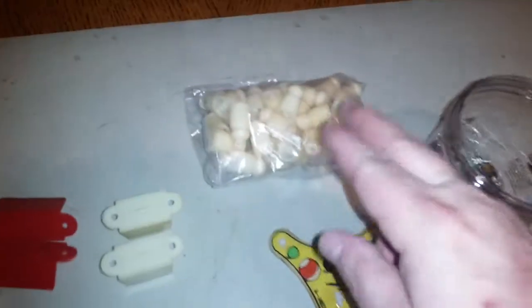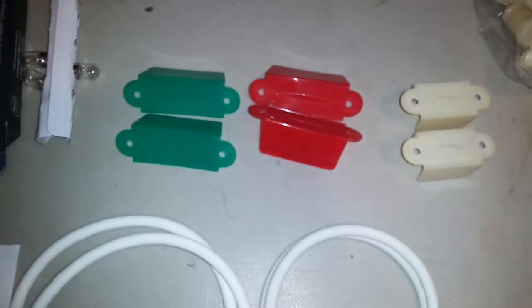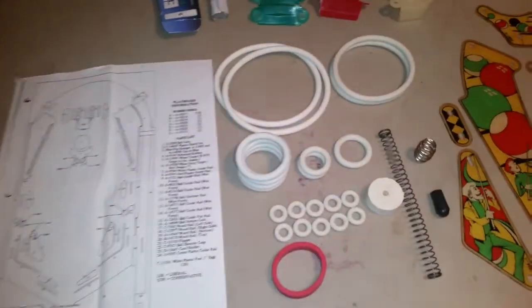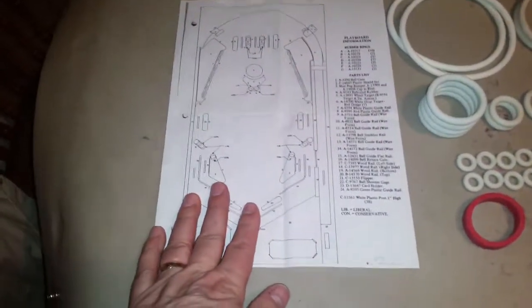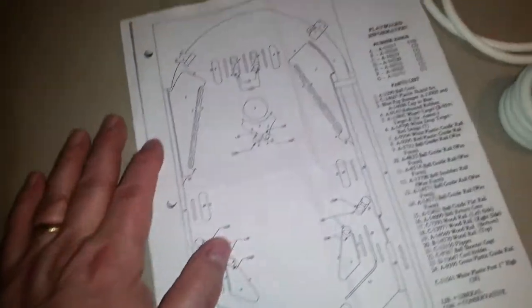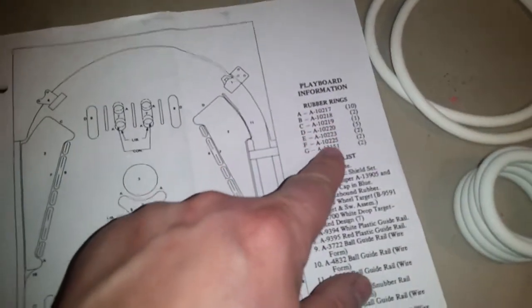Here's all the little posts. There's the bolts or screws that hold them down. Here's the bumper guards. And over here are actually the new bumpers and stuff. I've already installed one. Normally it'd be two, but you can order your bumper kit specific to your pinball machine. And if you see, this is the exact layout of my pinball machine. And then right here, it'll tell you what comes in the kit,